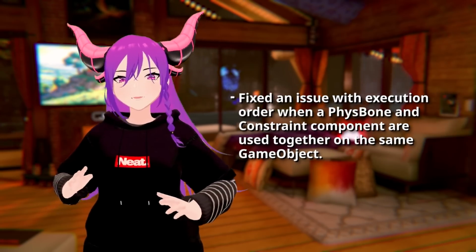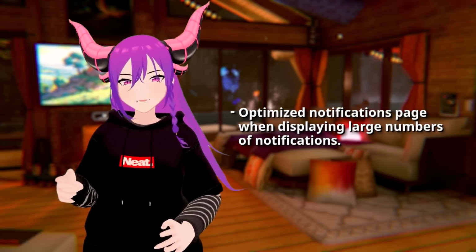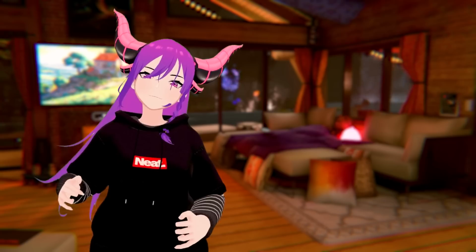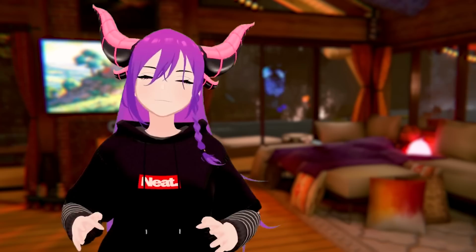Fixed an issue with execution order when a fizzbone and constraint component are used together on the same game object. Optimized notification page when displaying large numbers of notifications. Since it's so much faster now, we have also removed the arbitrary limit of 100 visible notifications. Side note, what's wrong with you? Shaders that define matcap as their VRC fallback tag should now have their matcap texture copied correctly. And finally,